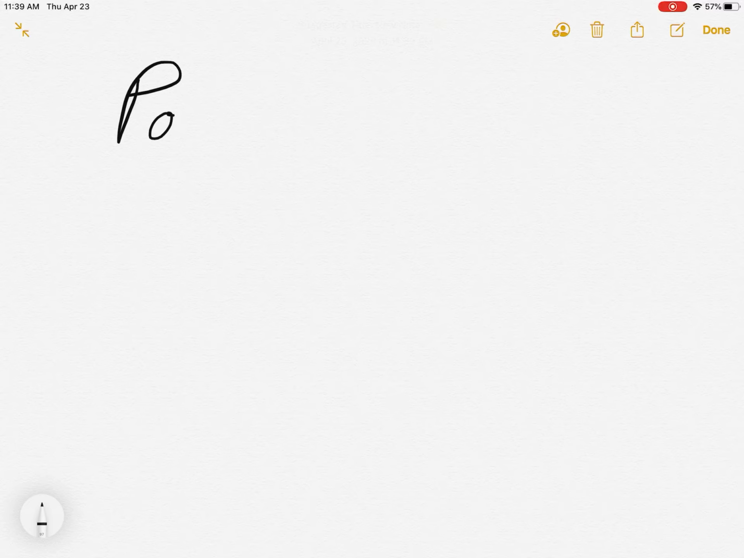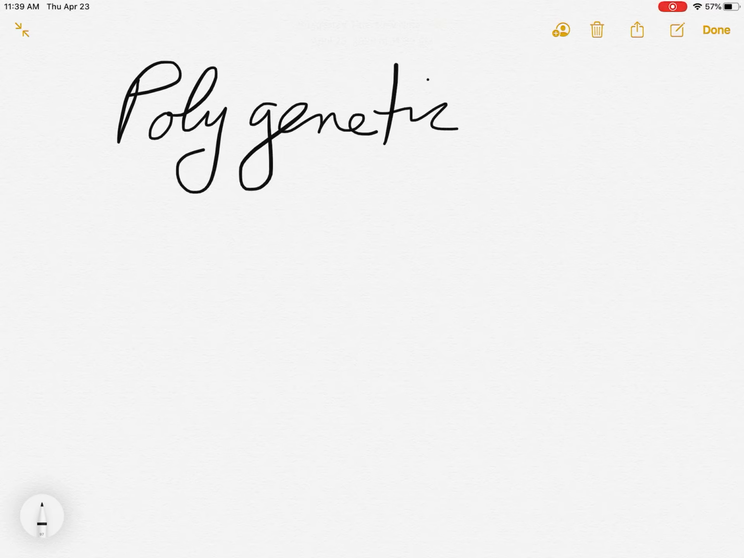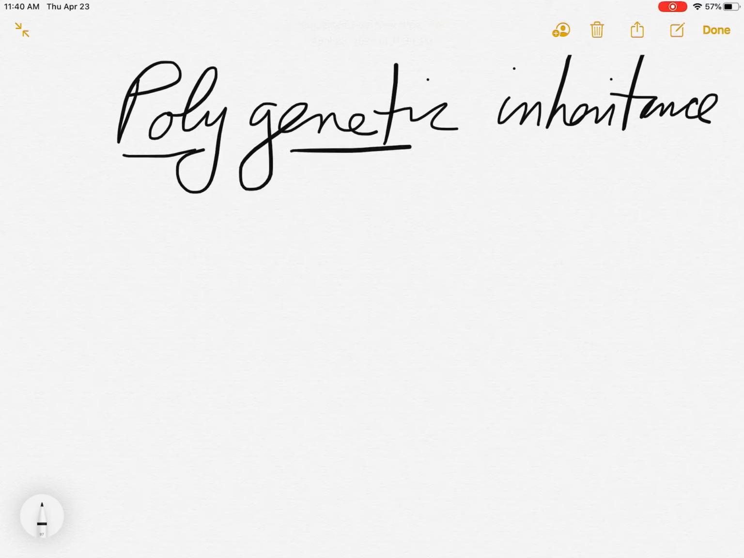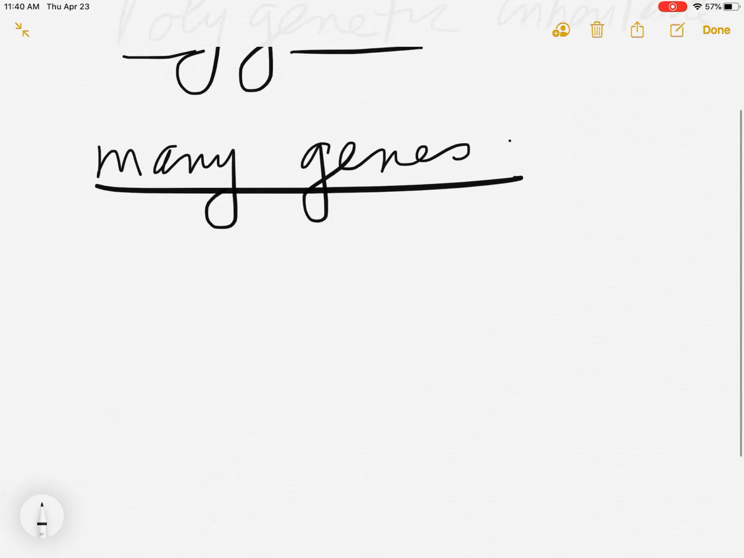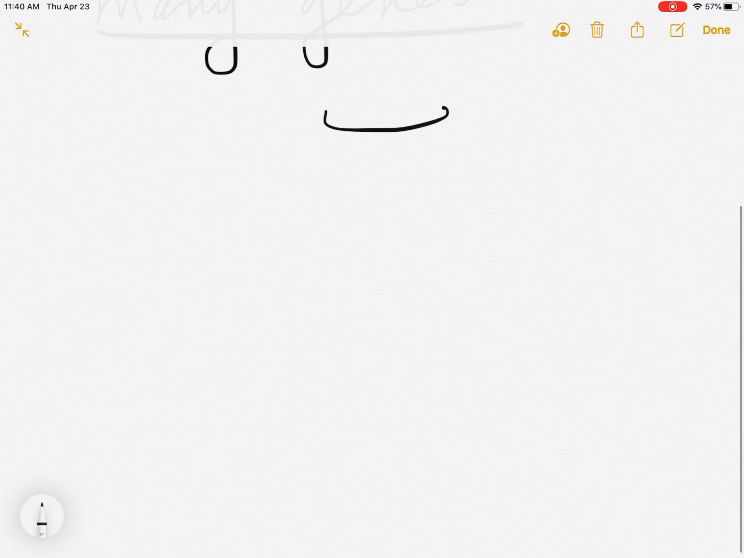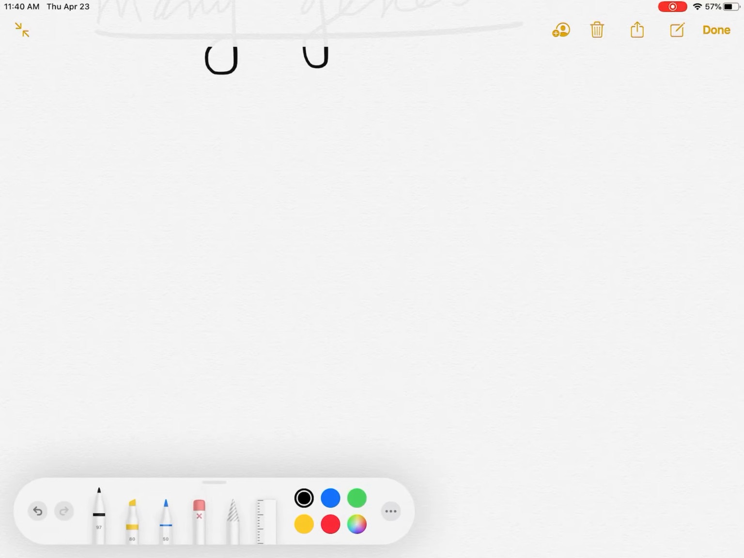All right. One last complication to throw into the mix. And this is the complication of what's called polygenetic inheritance. Polygenetic, which means many genes. That's what poly means, many genes. Okay, so far